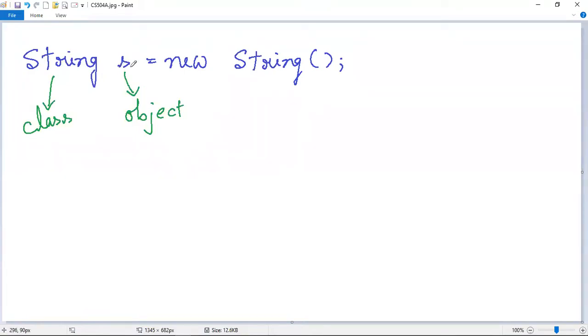That means you cannot change the contents that actually comprise the string object. This is the reason why we call String class objects immutable. The concept of immutable means that it cannot be changed or modified later. So the concept is that String class objects are immutable.